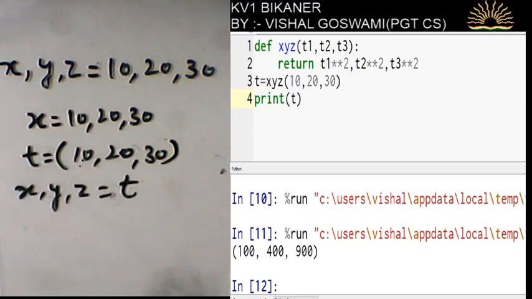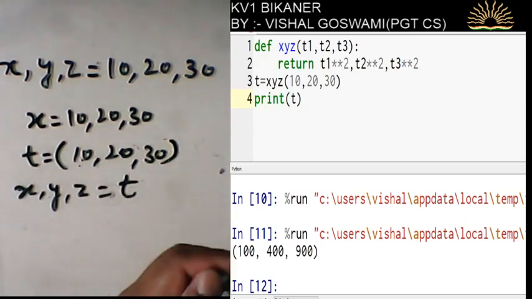So if I run this program, I am providing 10, 20, 30 and I will get a tuple 100, 400 and 900. So this is the example of multiple return by a function as a tuple.